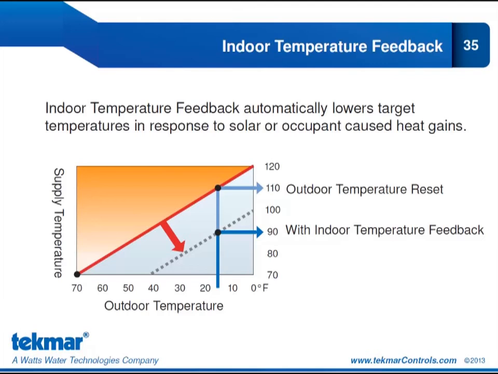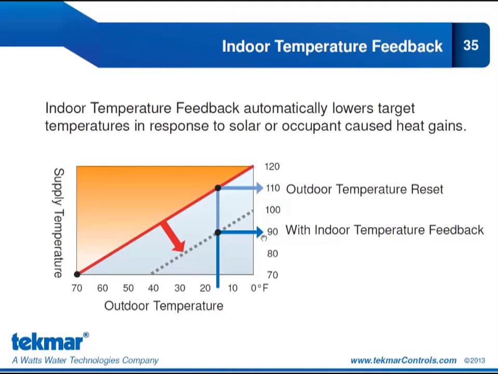So indoor temperature feedback will automatically lower the tank target temperature in response to solar or occupant caused heat gains. So let's look here at the chart we have on the slide. You can see the outdoor temperature reset tank target was 110 degrees. And with indoor temperature feedback, the zones have communicated that their actual temperature needs are only a supply temperature of 90 degrees. So we were able to lower that entering load water temperature from 110 degrees Fahrenheit to 90 degrees